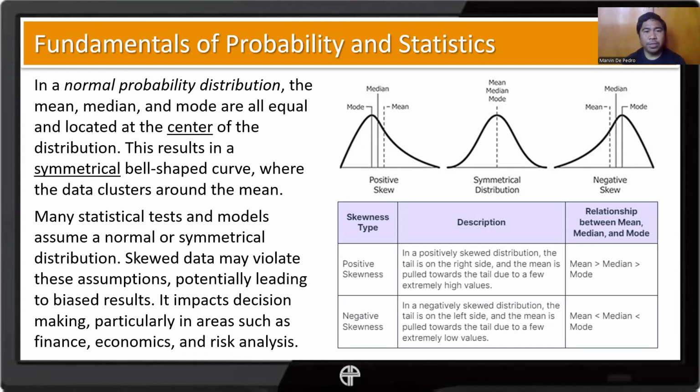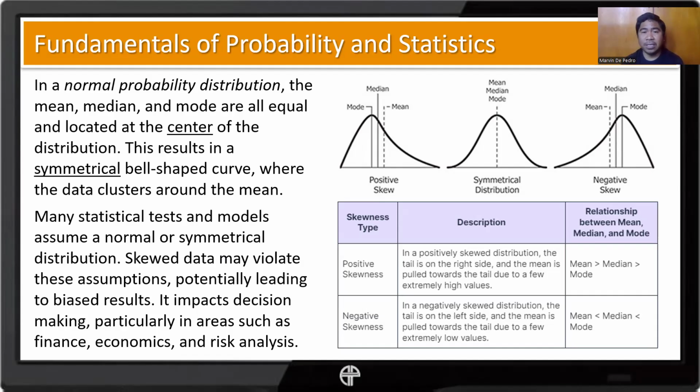Okay, so skewed data may violate these assumptions. So that's why it's very important to test whether the data set is normal or not. If normal, then our assumptions could be correct. But if not normal, and we apply the concepts that we are going to discuss to a non-normal data set, then the results could be inaccurate, okay, or even wrong. Skewed data may violate these assumptions, potentially leading to biased results. And it impacts decision making, particularly in areas such as finance,